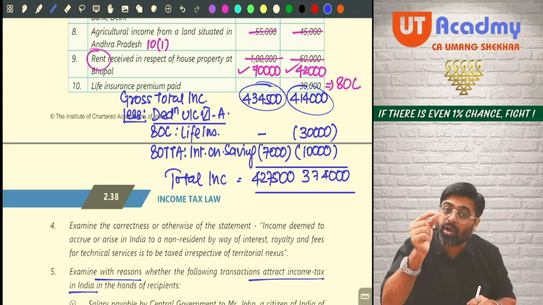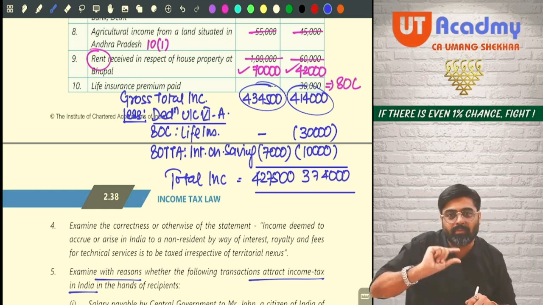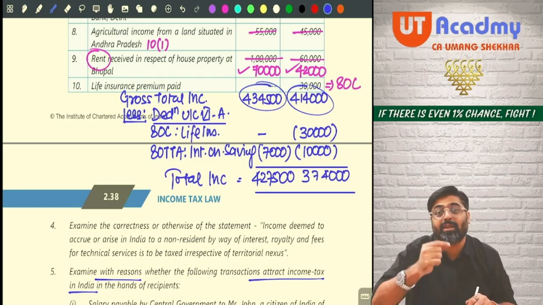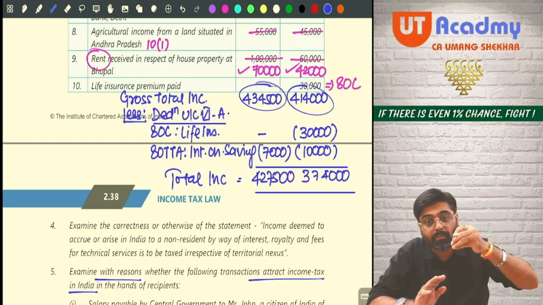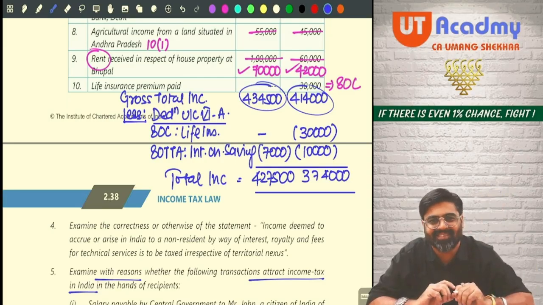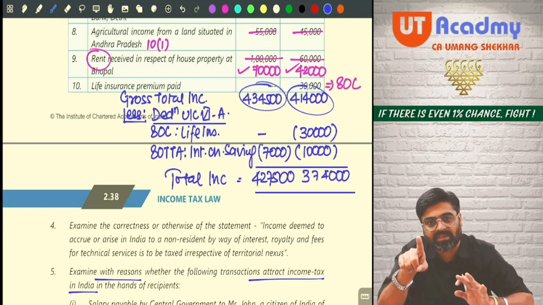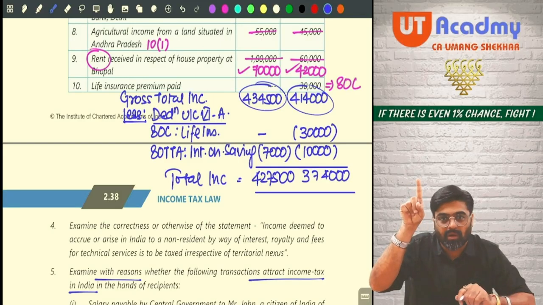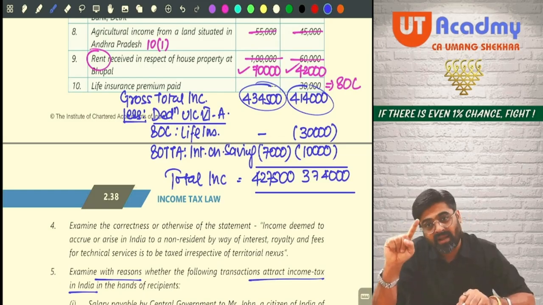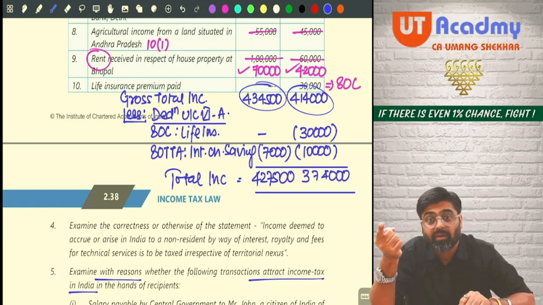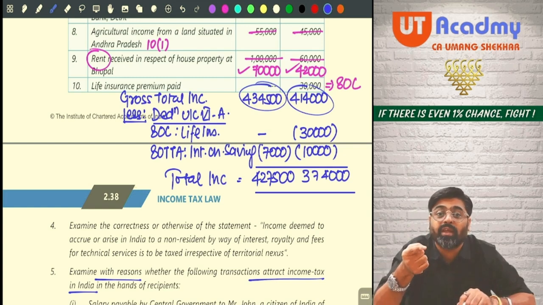And whatever gross total income was there, that will become your total income now. And on that you will have to pay tax. And even if the rates are concessional, there will not be much benefit for you. Getting my point? In that same question, they can ask you like this. One more question we solved earlier, in the last lecture. In that question also they had said that 115BAC is not followed. Then your answer is there. What if 115BAC is followed there?